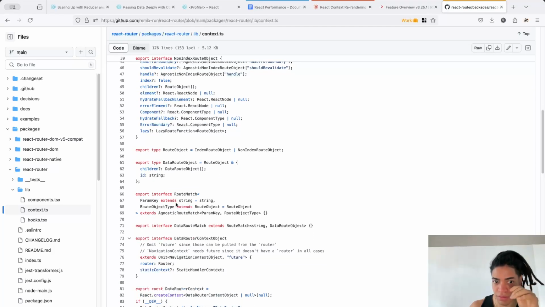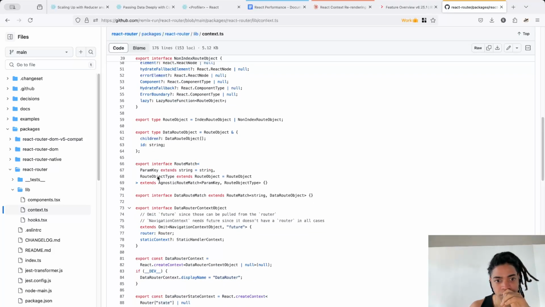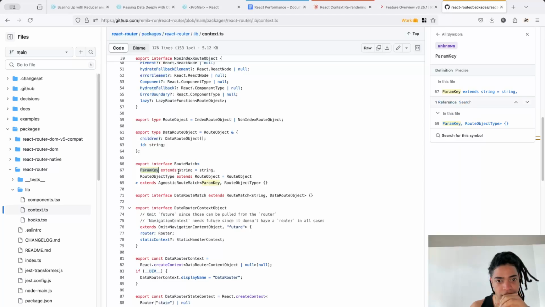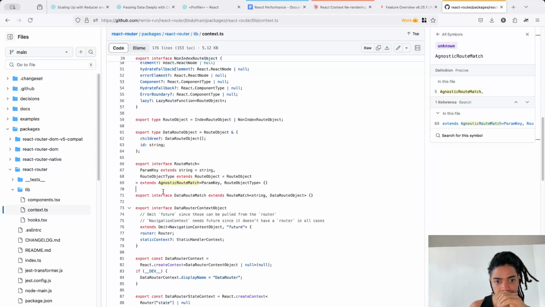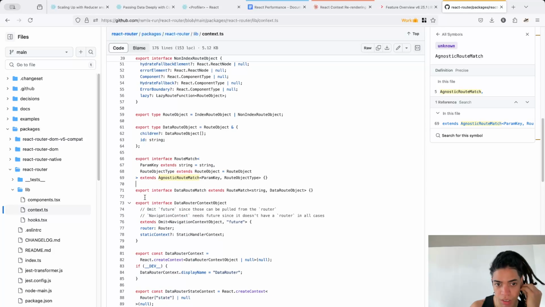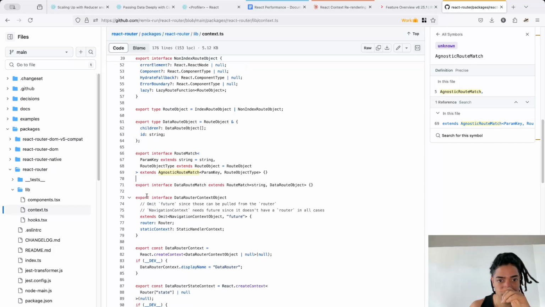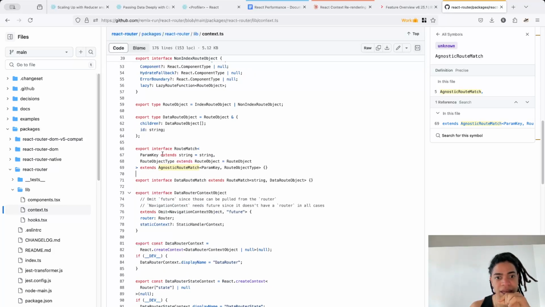Export interface RouteMatch, with pattern key extending string, as a way to extend from this agnostic route pattern key and route object type. Pattern key extends from string, equals string. Oh, okay. Route object type extends from RouteObject, equals